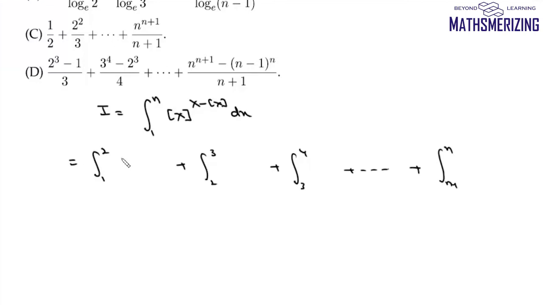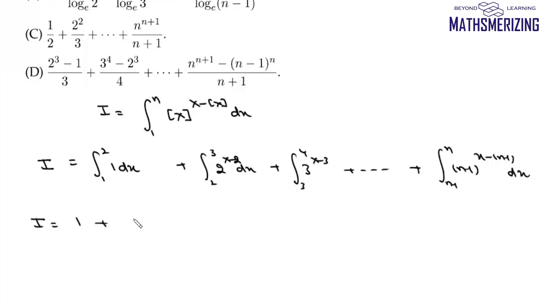Now between 1 and 2 greatest integer function of x is 1, so it will be simply 1 dx. Now between 2 and 3 greatest integer function of x is 2, so it will be 2 to the power of x minus 2 dx. Here it will be 3 to the power of x minus 3, and here it will be n minus 1 to the power of x minus n minus 1 into dx. Now we'll solve this integral. We can write this as